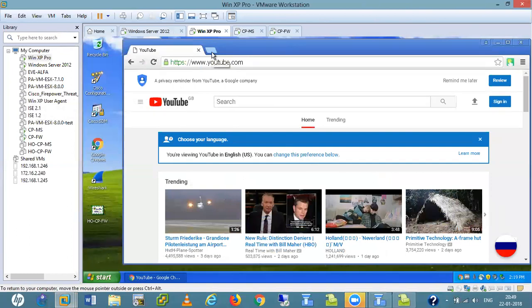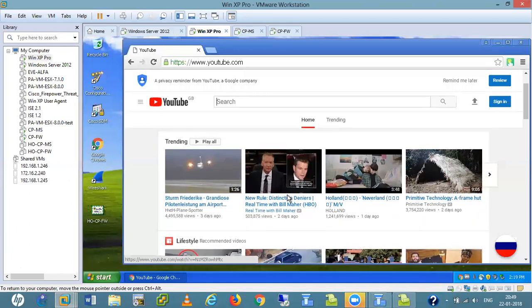But when I'm configuring adapters, any default is there? You can also set it. Previously I had two adapters, one bound with the internet, one bound with the firewall. Since I am using a test PC, I just disable that internet adapter and use only this one. So right now YouTube is opening, and if I stream some websites, streaming is also working, not an issue.